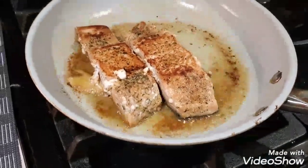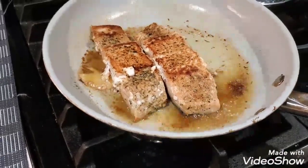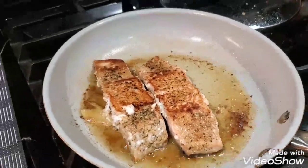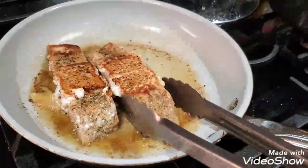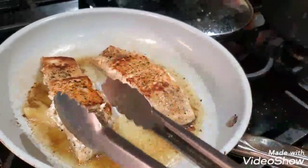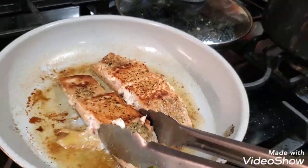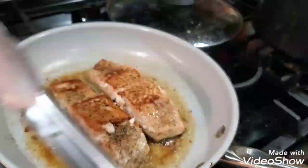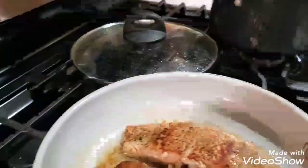So what I'm going to add next, we flipped it over to the skin, and that's the part we want to really get crispy. We want it crispy, so that's where we're going to leave it till the fish is done. But meanwhile, I'm going to add